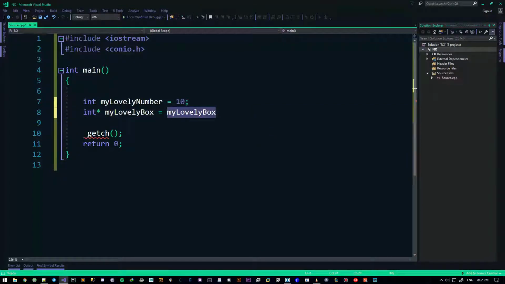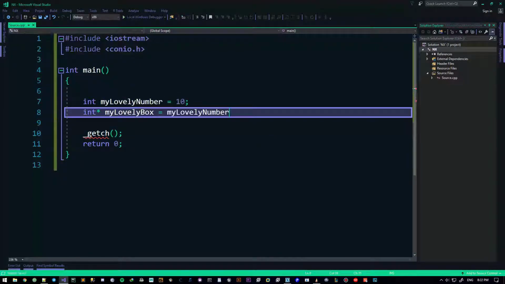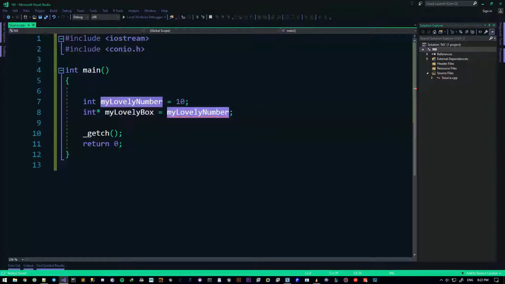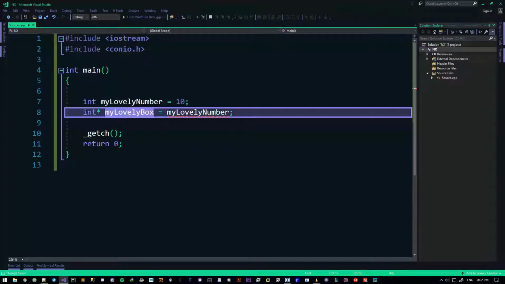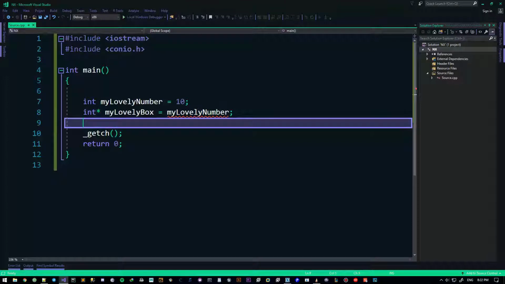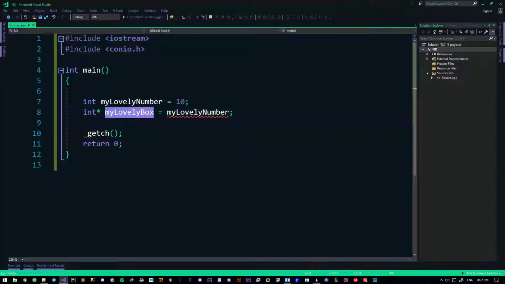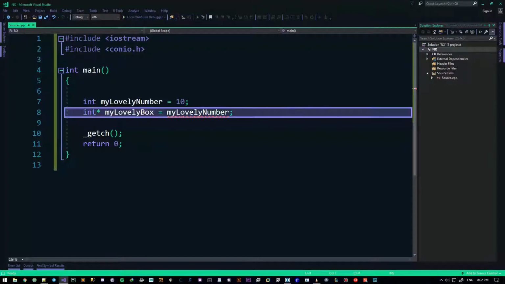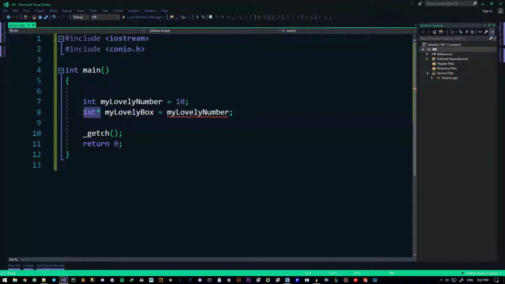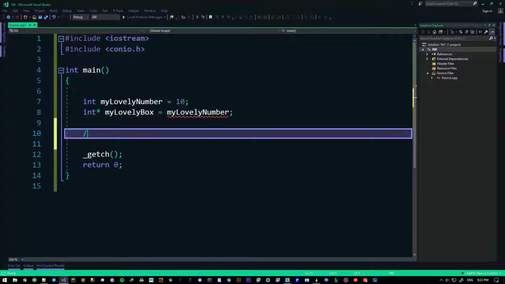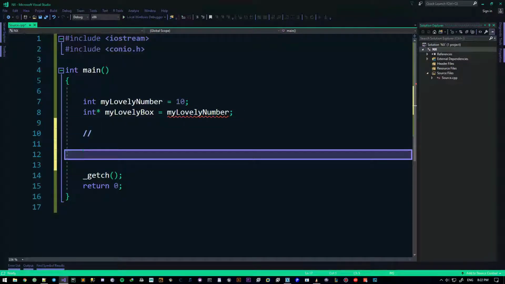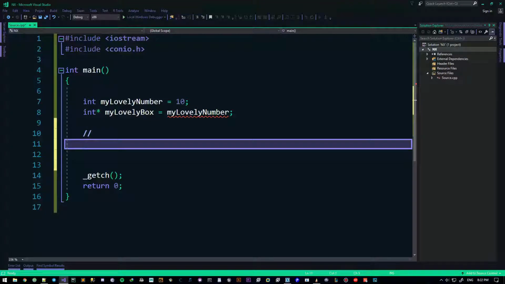Now there will be an issue with that. Just don't look at it just yet. And this is basically what that is. So my lovely box takes a star before it. However many stars you put before the name, you make that box a bit larger. So let's make something down here, then I will explain this error.